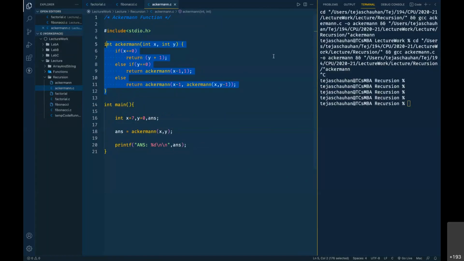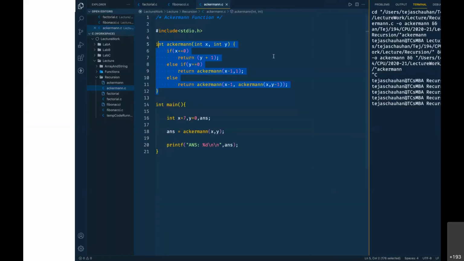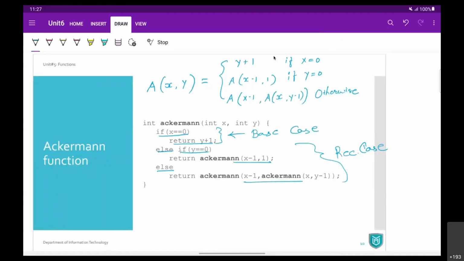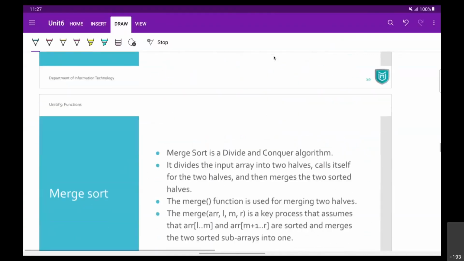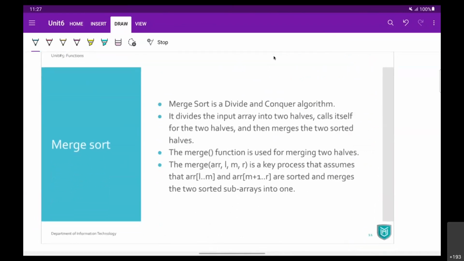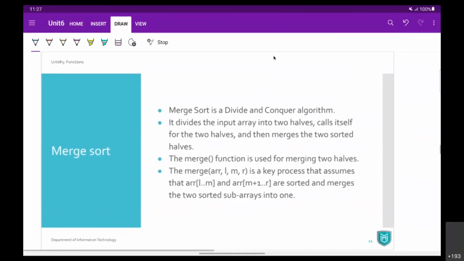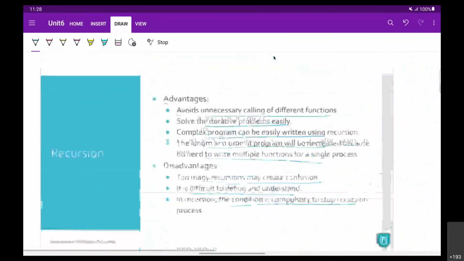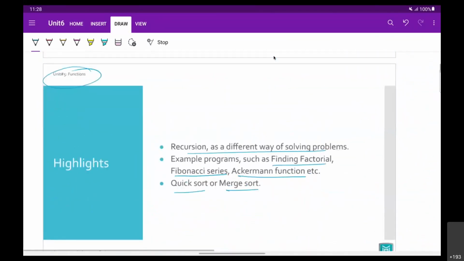Now the remaining 2 points, which are actually going to be somewhat complex, which is merge sort and a quick sort. So what we'll do is next 2 lectures, we are going to cover these 2 points. One lecture will be for merge sort and another lecture will be for quick sort. So that's going to give us the completion of our unit here.